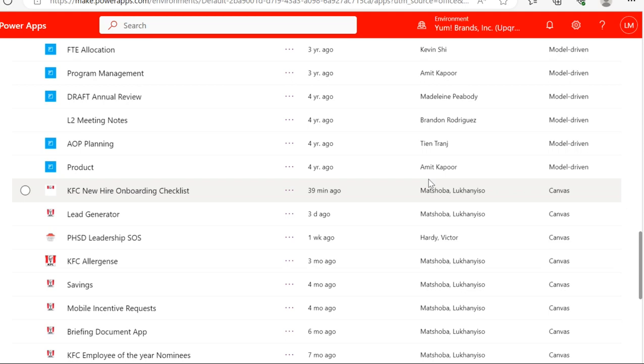Hi guys. So on today's demo, I'm just going to take you through an application that I built for HR. It's basically an onboarding tool. I was approached by HR a while ago, where they had asked me to develop an automated process to eliminate and cut away the manual interventions that they would have to go through when onboarding a new